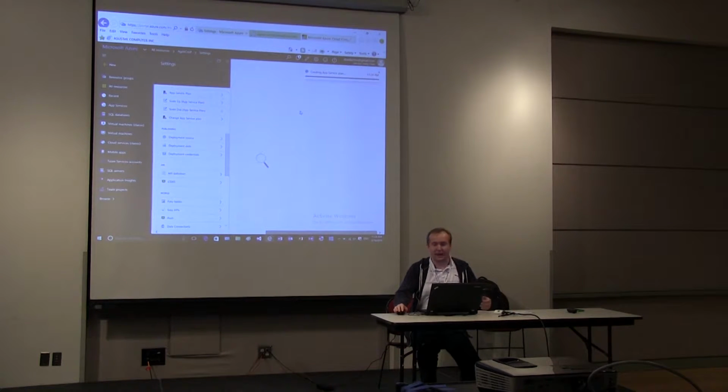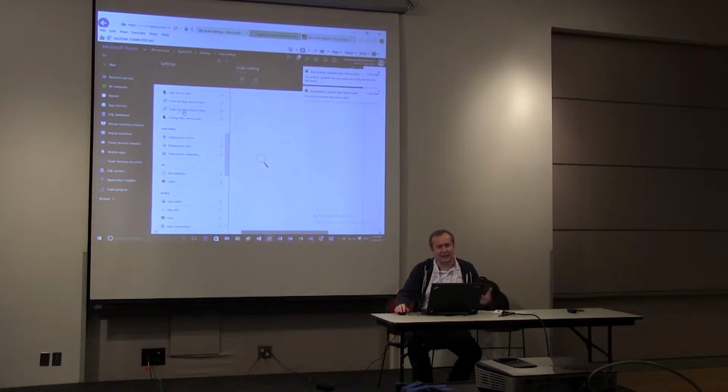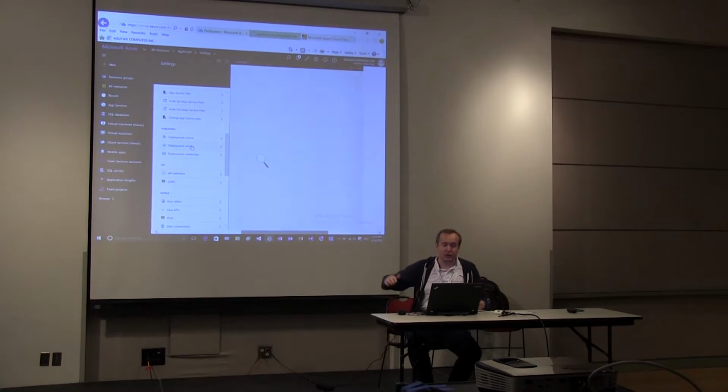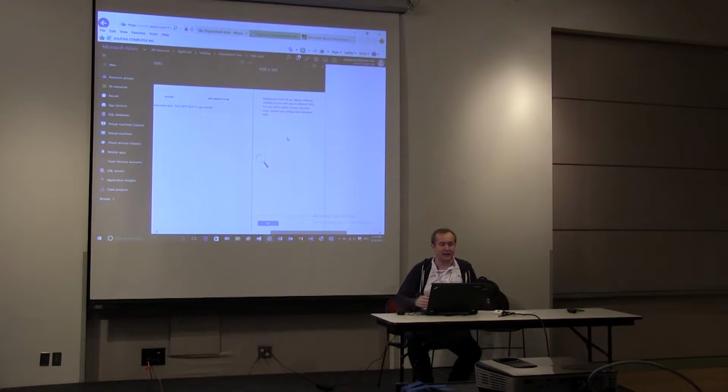And once I made all changes there, I can use additional features. I can easily scale up and scale out my services. I can easily change my hosting plans, etc. And if I want, I can create additional instances, additional deployment slots. So how to do it? It's really easy. I can click add slot. I can provide a slot name,